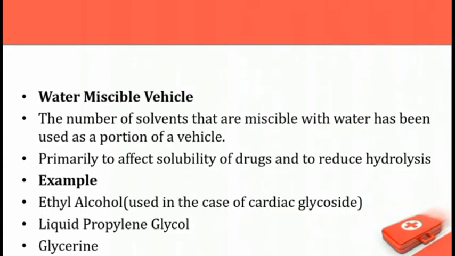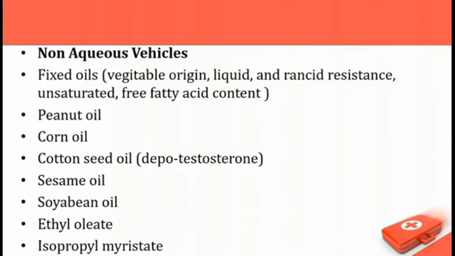The usual concentrations: ascorbic acid is 0.01 to 0.05%, citric acid is 0.005 to 0.01%, tartaric acid is 0.01 to 0.02%, phosphoric acid is 0.005 to 0.01%, and the last one, chelating agents, EDTA, is 0.01 to